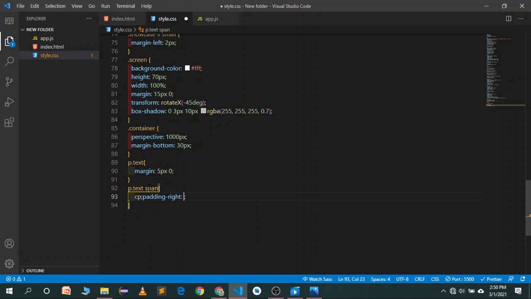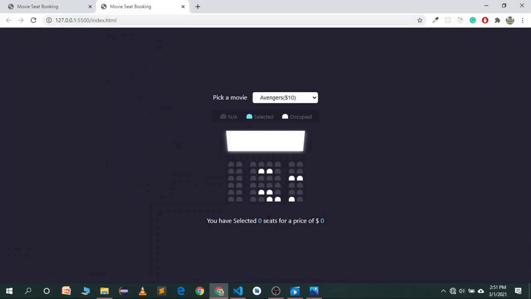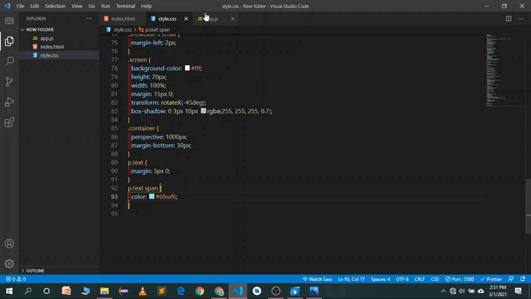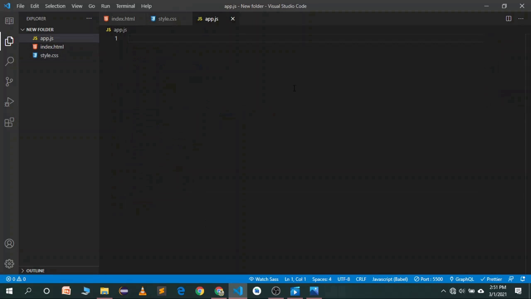Just give them a color of hash 6 f EAF6, which we have used for our selected seats. Let's save it, and now you will see we have a color for our count and total price. So the CSS part of our build is completed. Now let's go to our